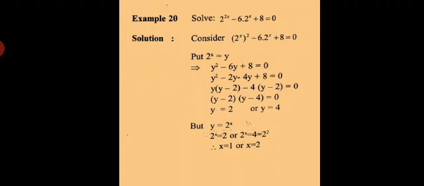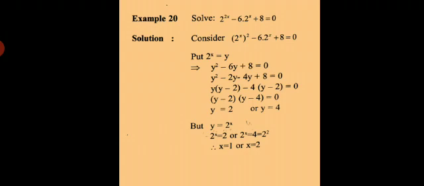Last example, students. Solve 2 raised to 2x minus 6 into 2 raised to x plus 8, which is equal to 0. We have done a similar sum in the previous slide of the same class, today's class. So in the same way you have to simplify this. So just recall. Here which term can we adjust, just observe carefully. Okay, in the middle term there is a 2 raised to x. So can we write the same term in the first step?